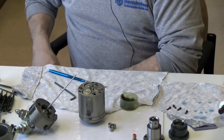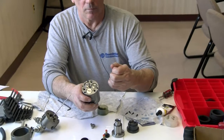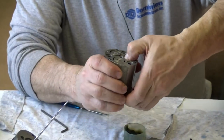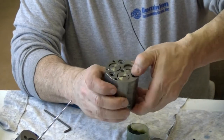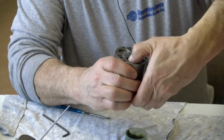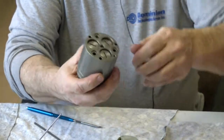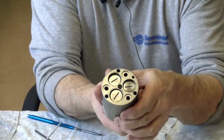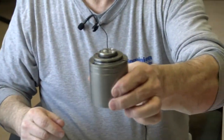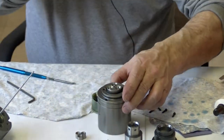Okay, now that I got that in there, I'm going to press with my thumb or my finger, either one. I like to use my thumb. I push the detail down on the spring, and I pass it into the corridor that's in there that the seals are on. Now the seals are holding it. So now I can set this down, and I can start